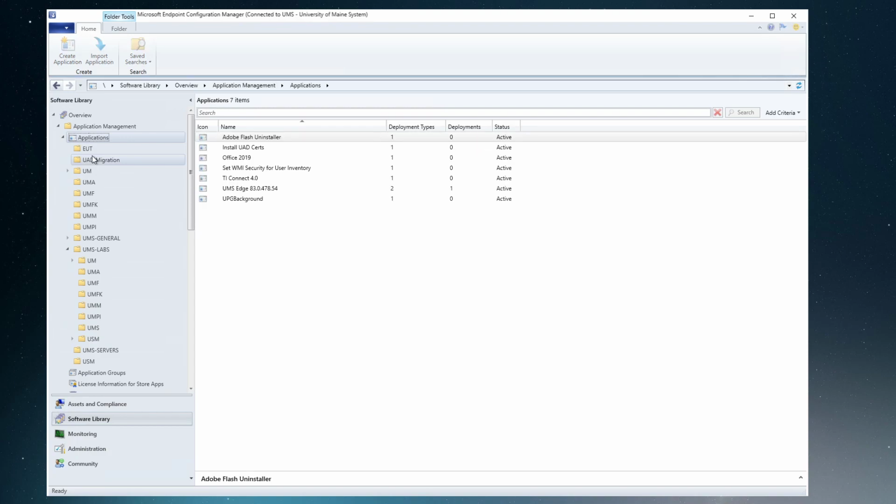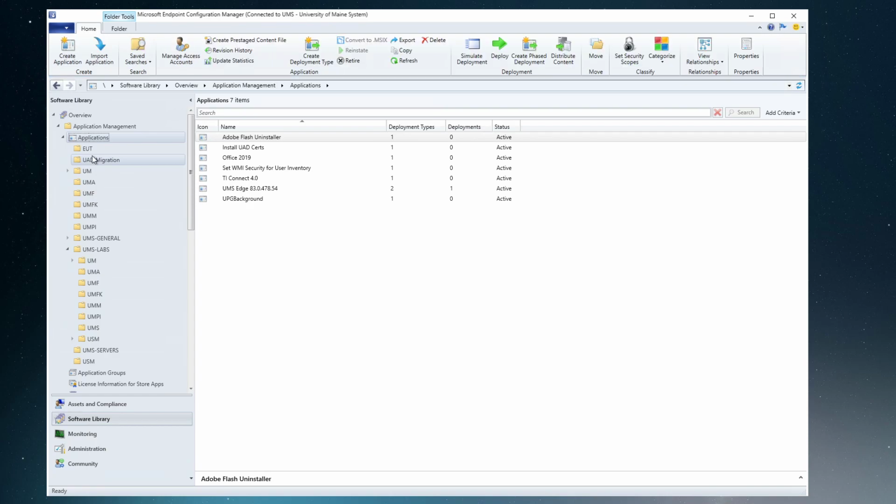There's some serious advantages to this, like you can have it in your task sequence. Configuration baselines aren't included in the task sequence. There's no way to do that. And on top of that, there's no way to tell the machine in the task sequence, as far as I know, and I feel like I've tried everything, to get that machine to check in and evaluate its baselines before, say, it's been turned on and left on for an hour or turned on and logged into for a while. I don't know if it's provisioning mode that's causing that or what, but it's very,